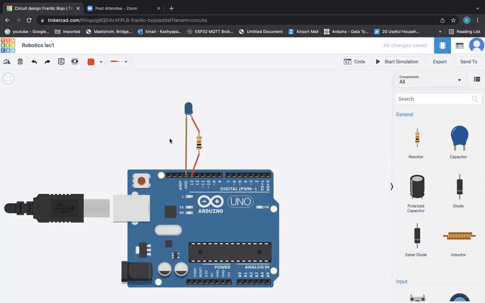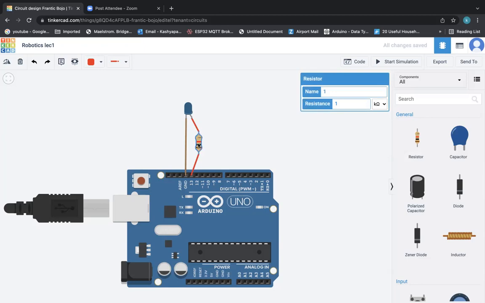Brilliant, right? So this is the idea. When you drag and drop, and when you select it, you can rotate this device like this, right? So you can see I'm rotating it. But this I will delete. For this resistor, there is no correct side. You can connect it any side you want, right? But for this, you need to give a value.